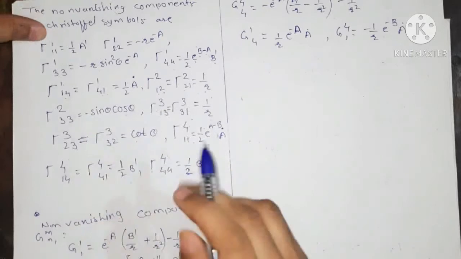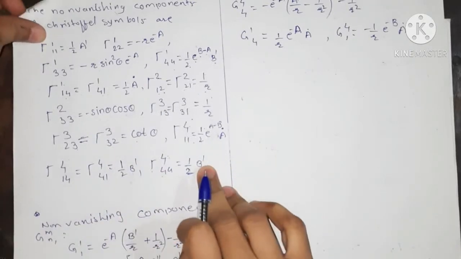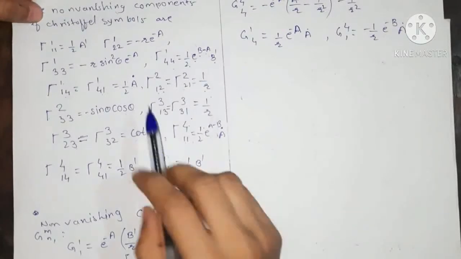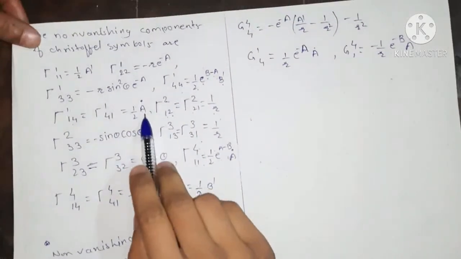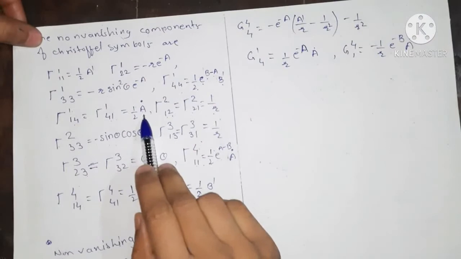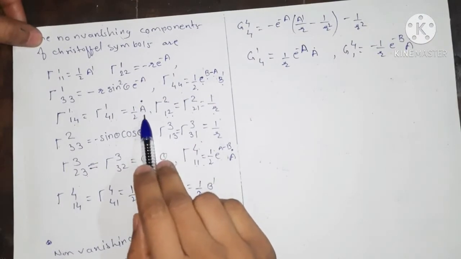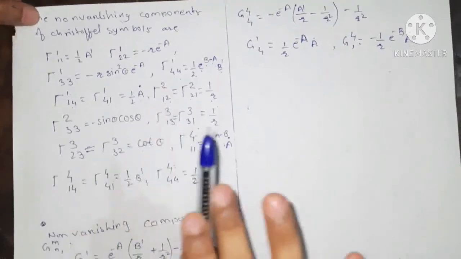Okay, so here, what is the meaning of dash? Dash is nothing but the derivative with respect to r, and dot is here because our a and b are functions of r and t. Therefore, dot is nothing but the partial derivative of a with respect to t. Okay.